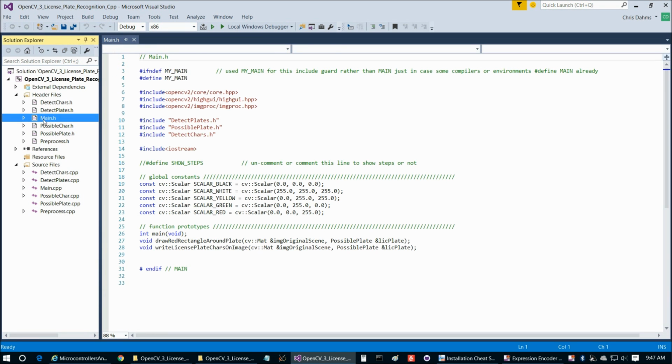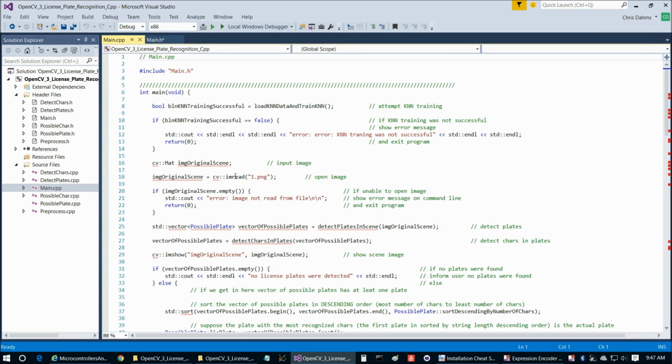If we go to main, we can either comment out or not comment out show steps, depending on if we'd like to show the steps or not. And then we'll go ahead and run it both ways. I'll demo both ways for you so you can see the differences. And then in main, we didn't do our references yet, so debug,